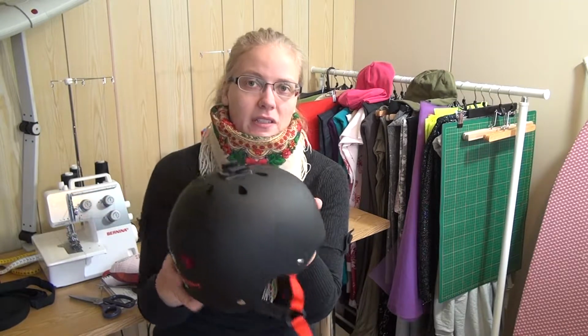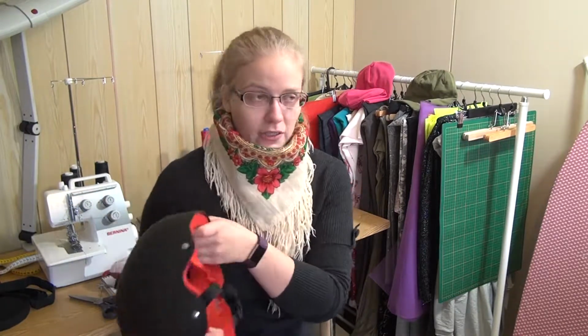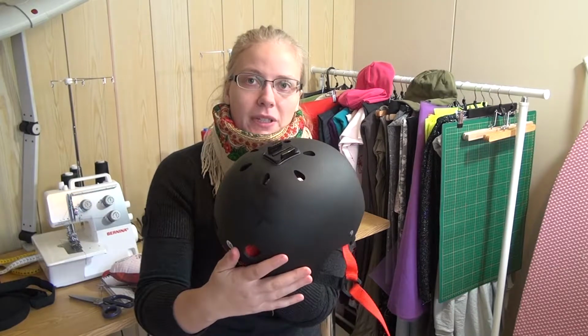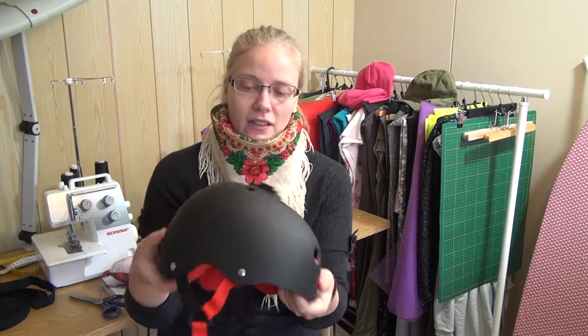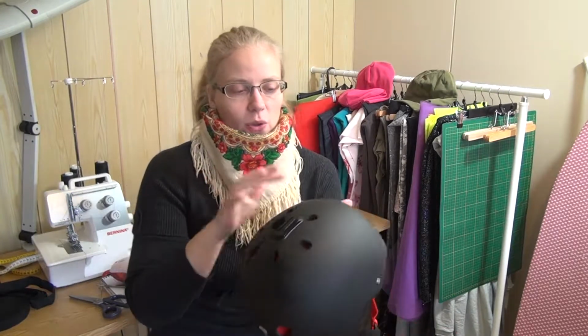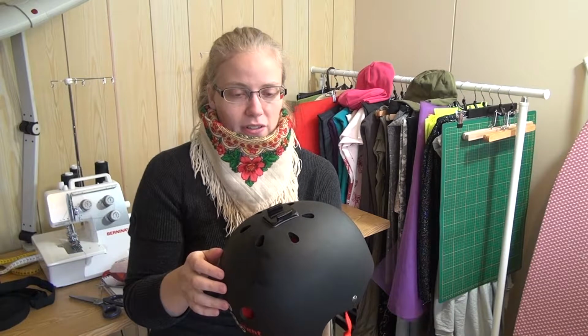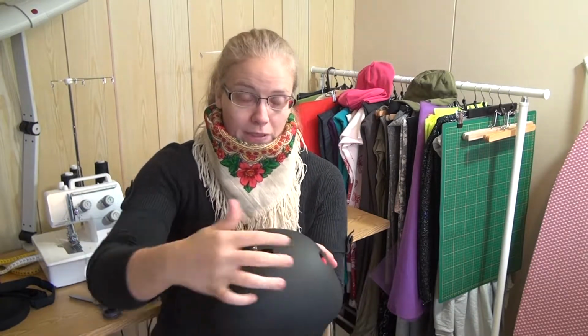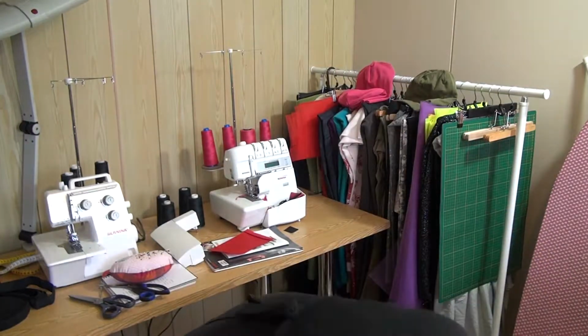Today I will be making some reflective gear so that I will be seen in the dark when I bike to work. As you can see, my biking helmet is all black, and I want a cover on it so that it will be visible in the dark, and I will put some reflective tape on it. Also,